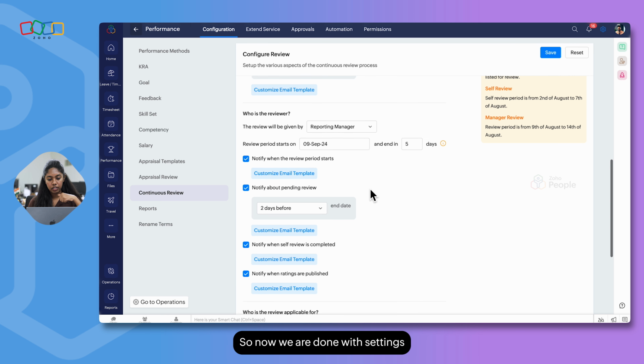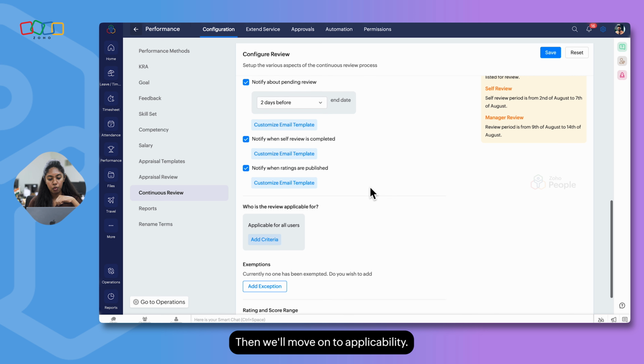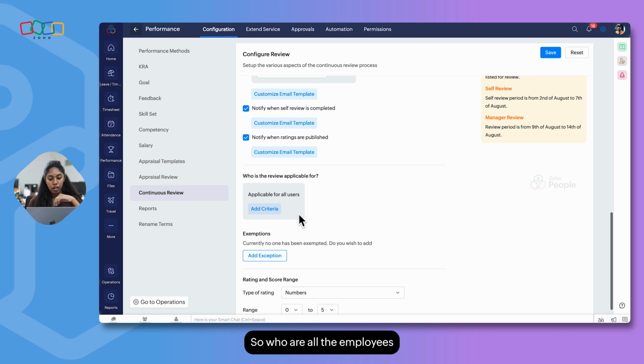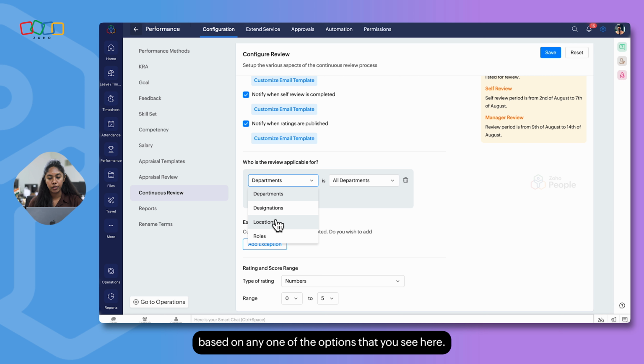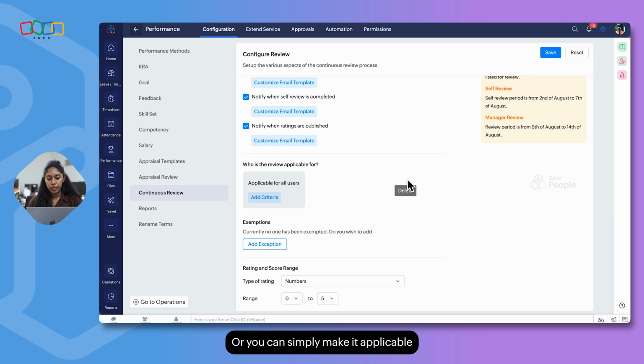Now we are done with settings related to process configuration. Then we'll move on to applicability. Who are all the employees who will be a part of this continuous review process? You can click on add criteria. You can set criteria based on any one of the options that you see here, or you can simply make it applicable for all users.